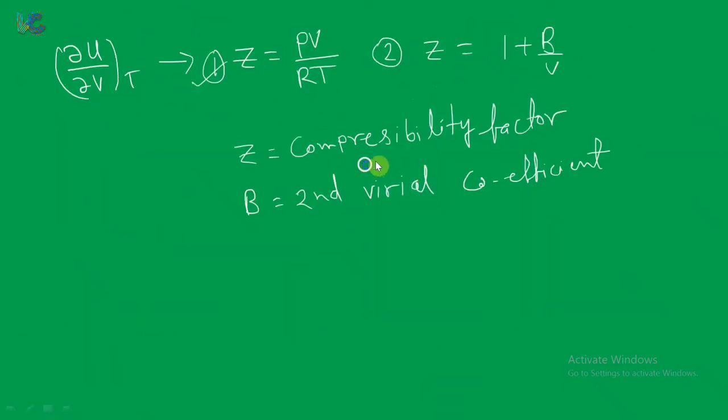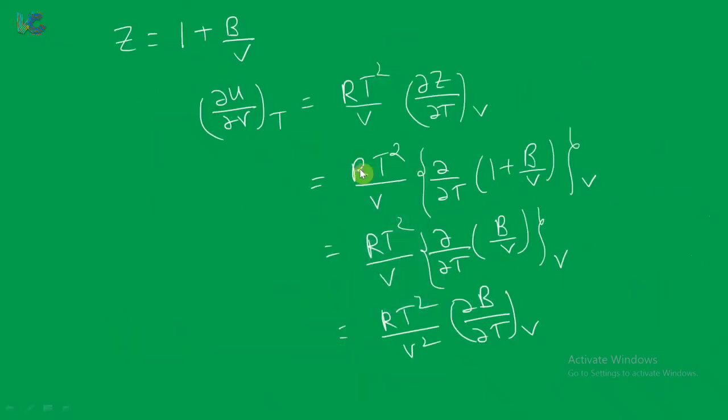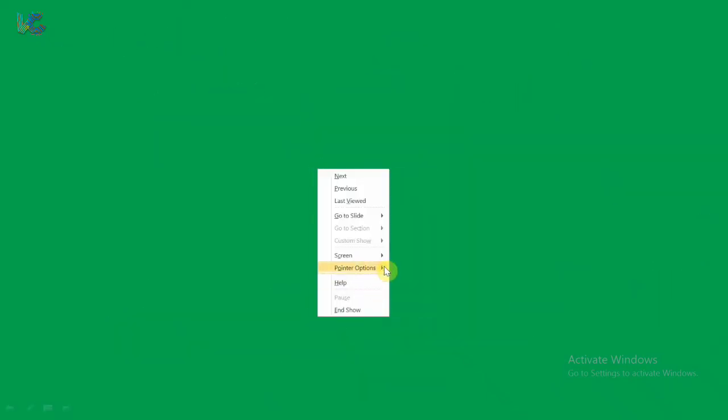So now what we will do, we will see the variation of Cv with V and the variation of Cp with P. Now we can check the variation of Cv with V and Cp with P by using the first and second thermodynamic equations of state.